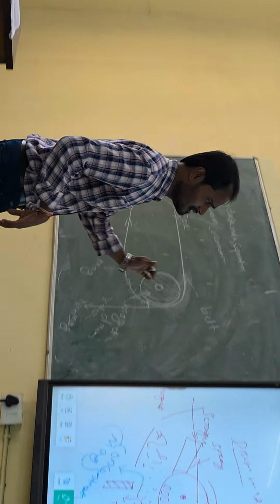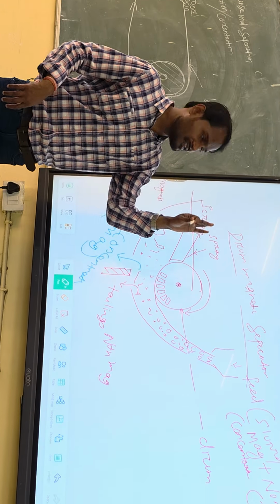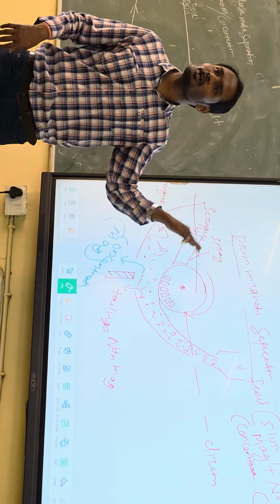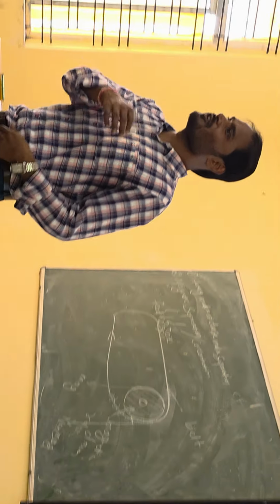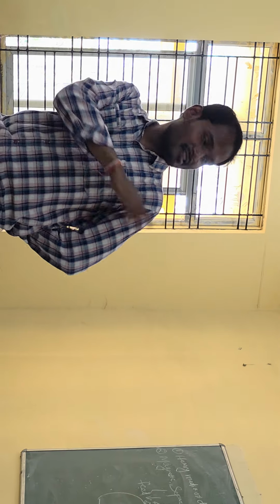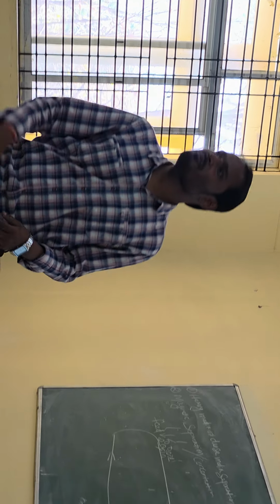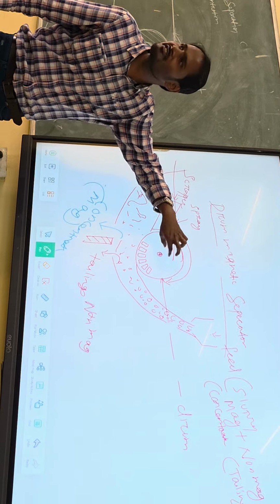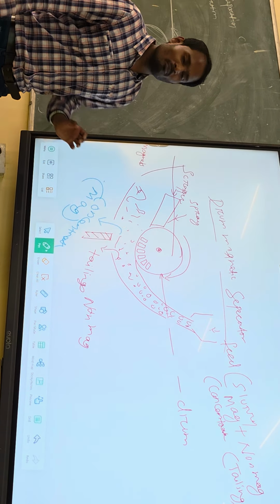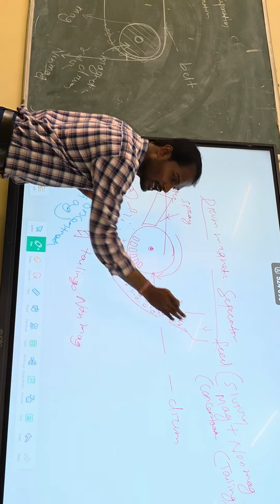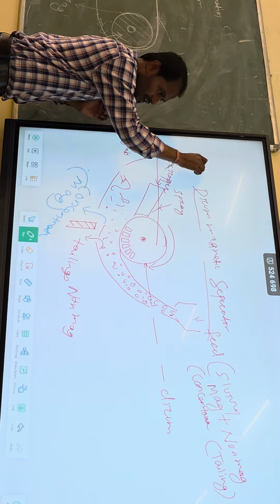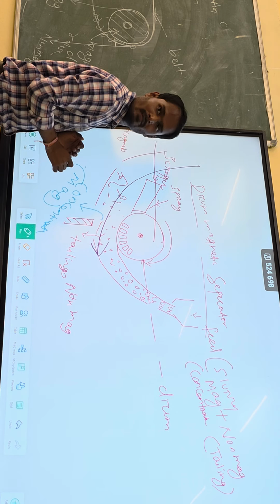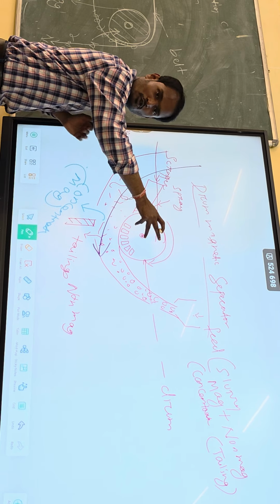Thus, you can also say this process we can make countercurrent and co-current. Can you tell me the difference between co-current and countercurrent? This is co-current. Co-current means the mineral is flowing in this direction and the drum is also rotating in the same direction. But now I will change the feed. I will bring the feed to this side, and the feed direction will be like this, for example, and the drum is rotating opposite to the feed direction.